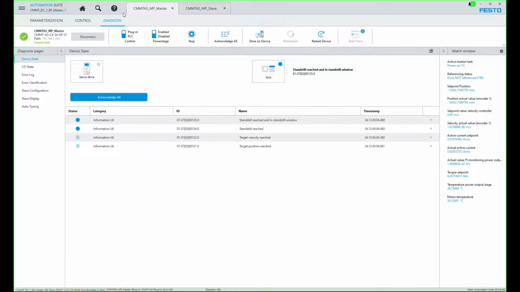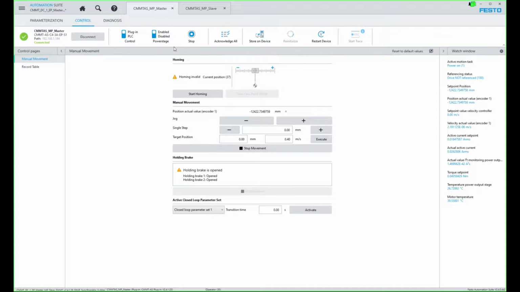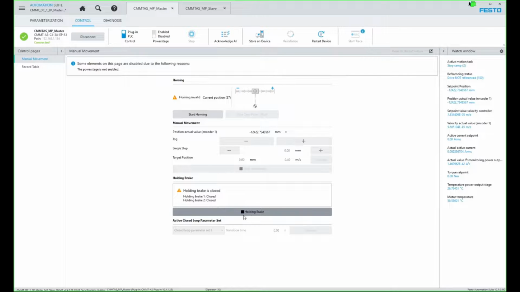Okay, the next step is to home the master. Due to the situation, the master axis should be all the way to one end or the other, whichever end you've chosen to be the zero reference point. And if you need to move some things manually, you can disable the axis. I have a holding brake, so I click this button here, and now the holding brake is opened. And now by hand, if you look over here at the actual position, I can turn the axis,